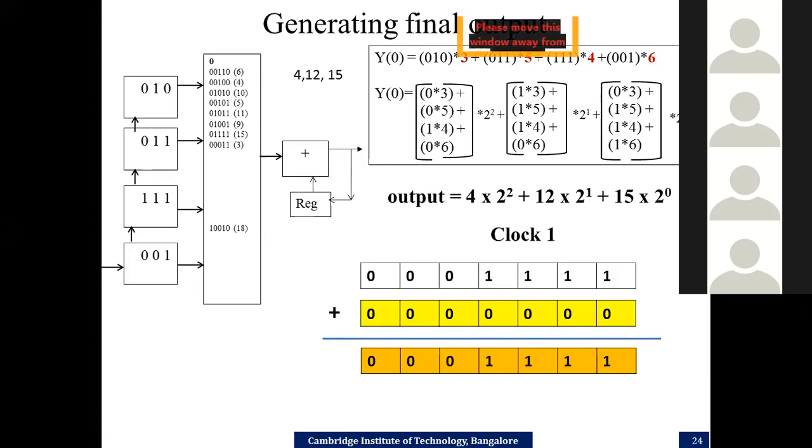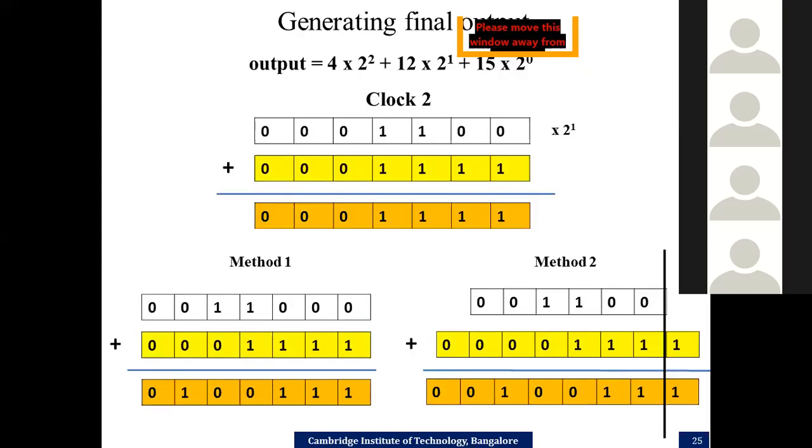In the entire process, we are using only adders and registers, but the multipliers are completely eliminated. Instead of using 148 multipliers in the first design, the direct implementation, in the second method we reduced it to 4 multipliers or 16 multipliers. But in this design, multipliers are completely eliminated. If you compare all 3 methods, a method where multipliers are not used will always save power, and that is what is recommended. So this is how we do design 2.